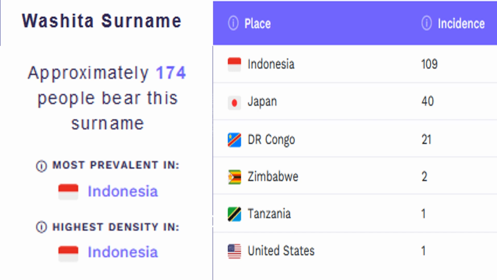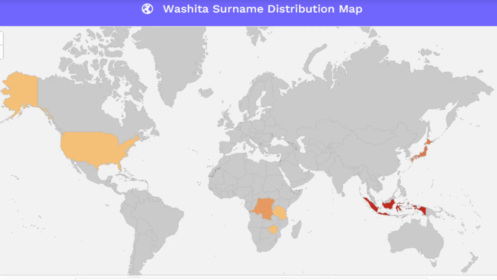And so clearly this is showing some sort of root somewhere else. And again, because of the colonizer dynamic, it's very possible that you had colonizers who were involved in transplanting people from Indonesia, from Asia into the Americas. And so this is definitely something to keep in mind. And this map shows you a concentration of that name in the East.